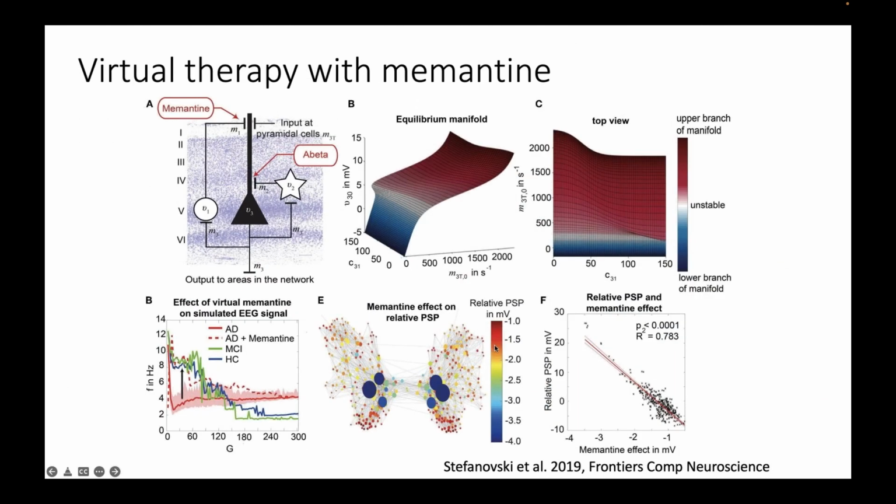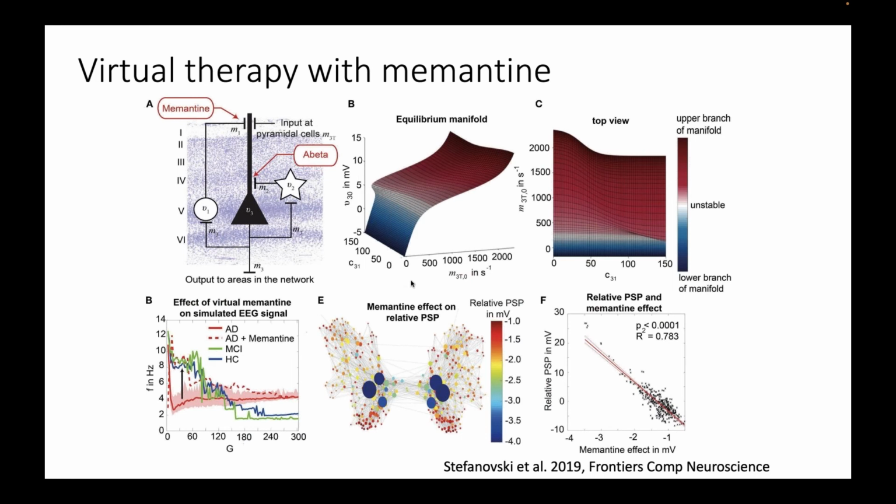Okay, and as I said, we also were interested in virtual therapy. So as I've shown you that we introduced a model of hyperexcitation, it would make a lot of sense to do something against this hyperexcitation. And fortunately, one of the drugs that are available for symptomatic treatment of Alzheimer's disease is memantine, which actually does exactly that. It's an NMDA antagonist. So it reduces the NMDA-ergic transmission, which is the main receptor of the glutamatergic transmission. And we just wanted to figure out if we can reverse these effects when we apply virtual memantine,